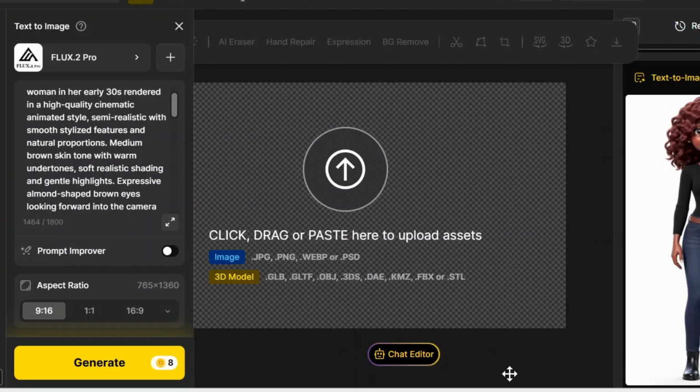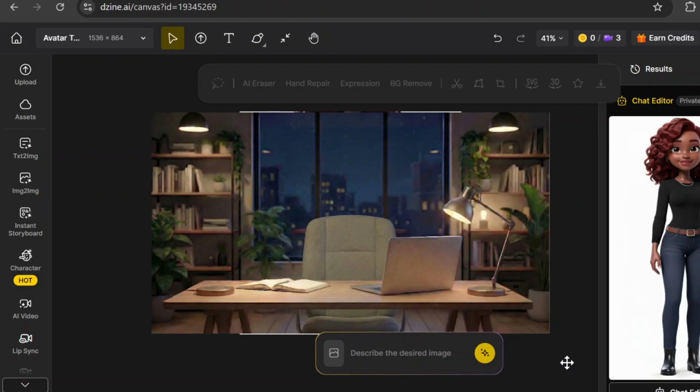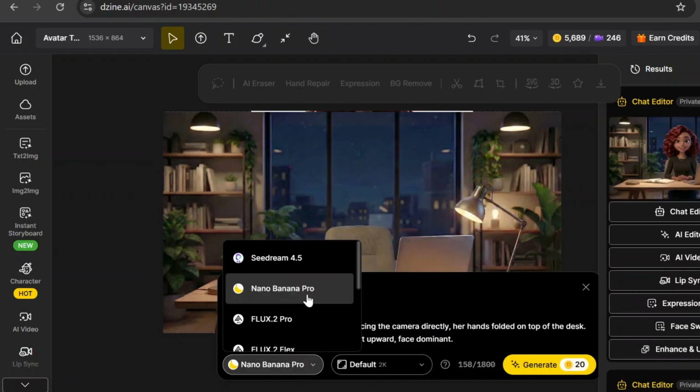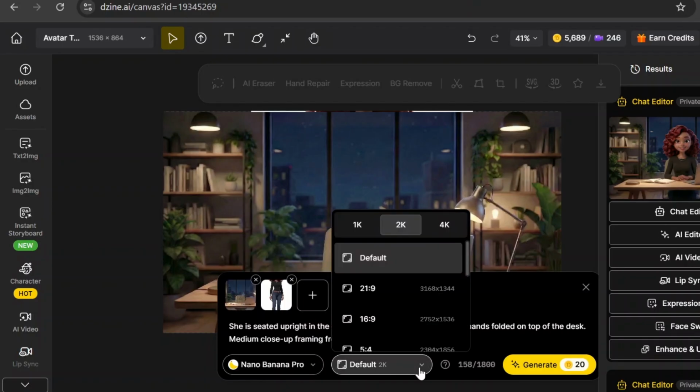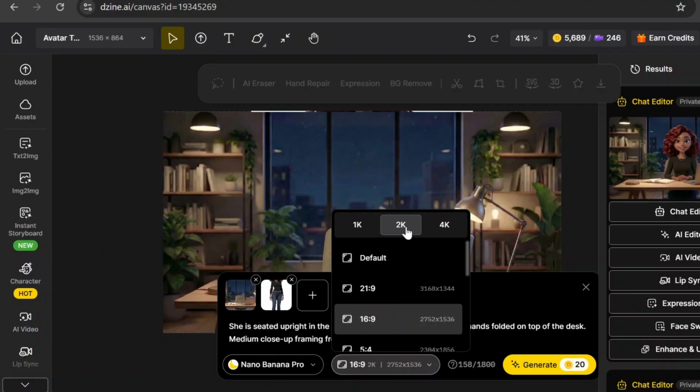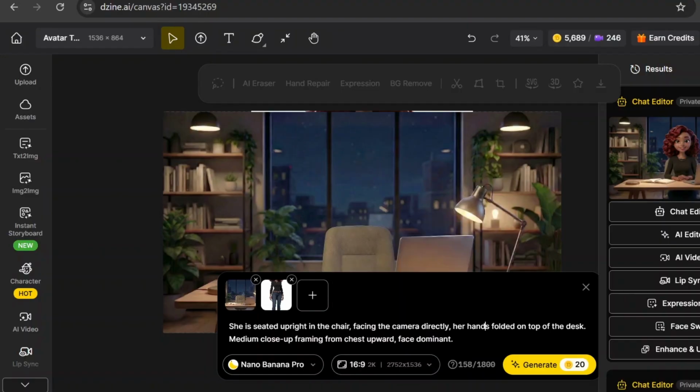Once you have your base images, it's time to start building the scenes. The first scene is me sitting at the desk. To do this, I open the chat editor and use my base images as references. Make sure Nano Banana Pro is selected, along with your desired aspect ratio. I generated all of my images in 2K resolution, with a prompt that places her sitting in the chair in